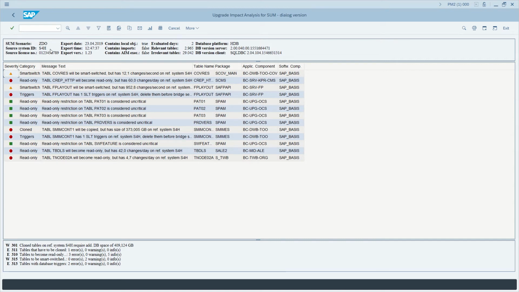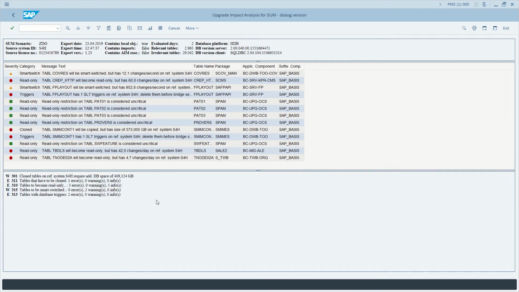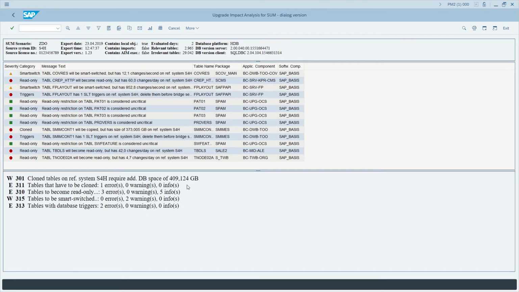In this case, I have exported the statistics from my productive SAP S/4HANA system called S4H. Also, if we go to the lower part of the output, we have an important key figure that indicates the additional database space that we need in order to clone the tables that are classified as cloned. In this case, you can see that we need an additional 409 gigabytes in our SAP HANA database.